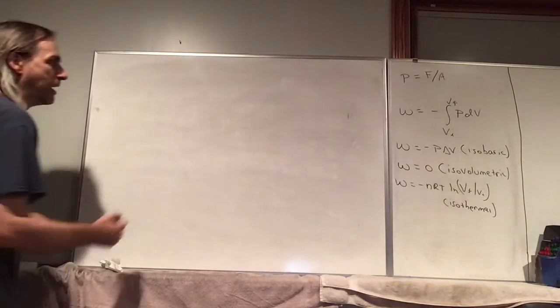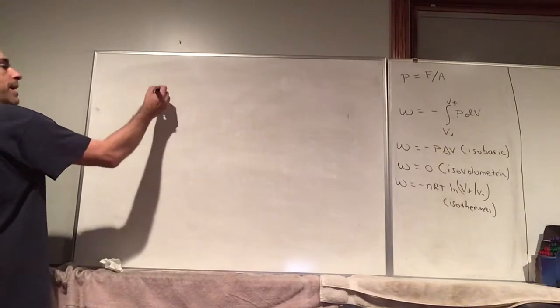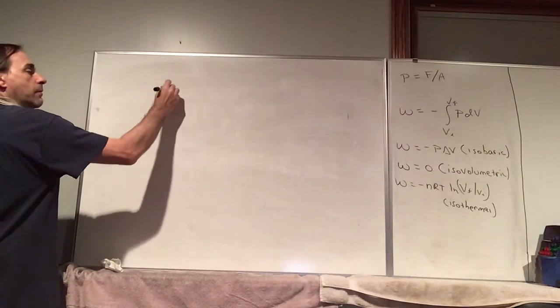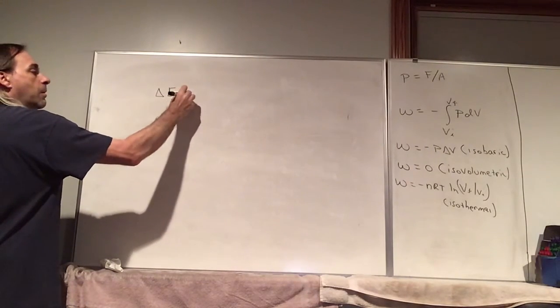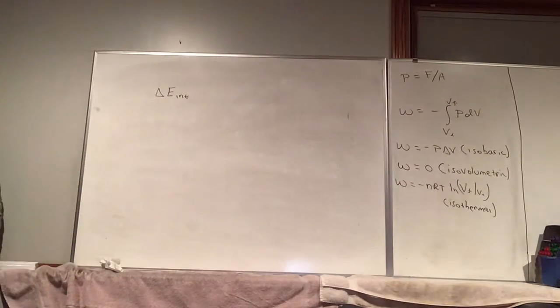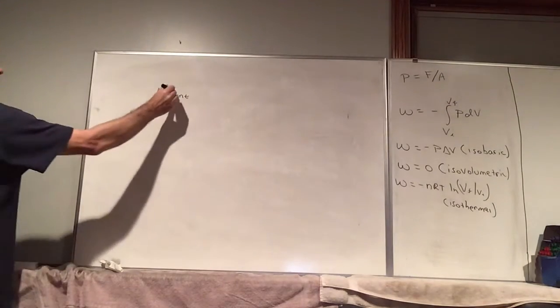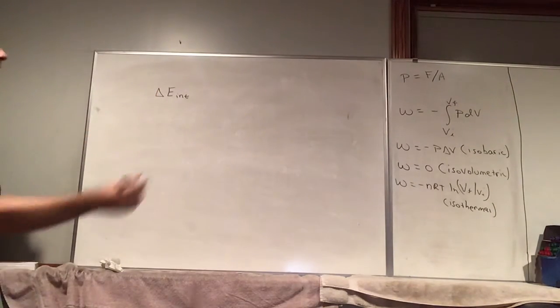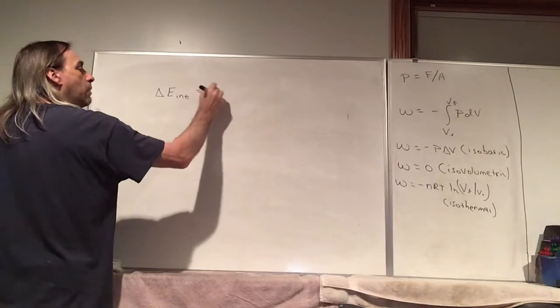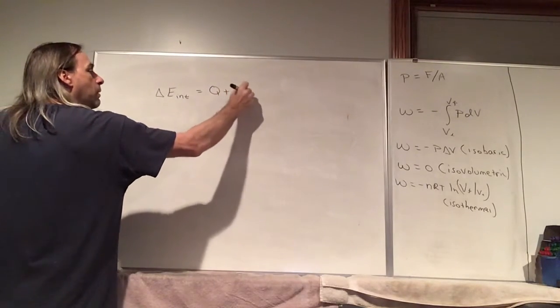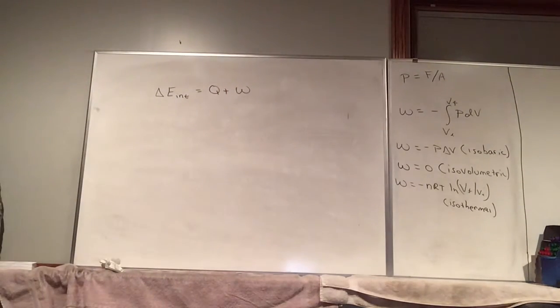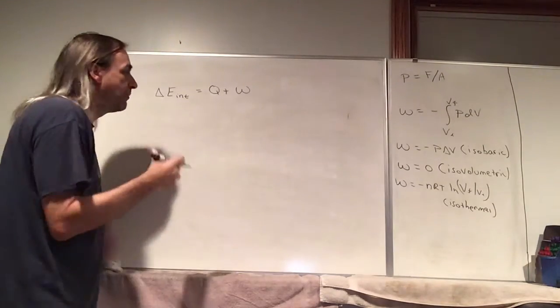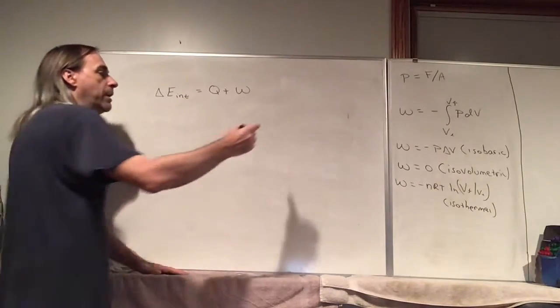So for historical reasons, it's called the first law of thermodynamics. But E internal, or E_INT, that's the internal energy, and we write that as Q plus W, where Q is heat, W is work. And again, the convention is,